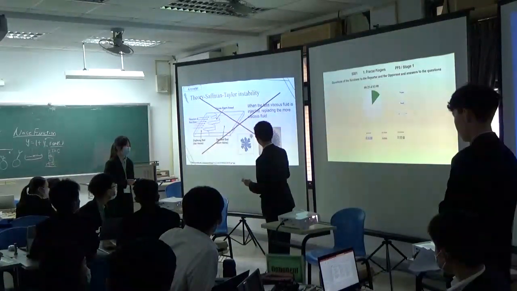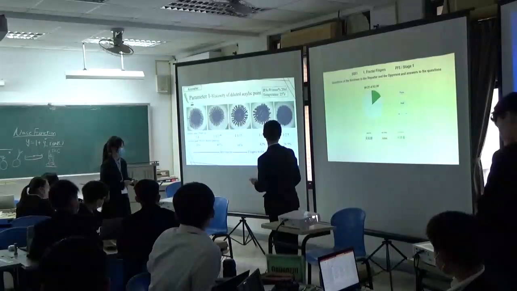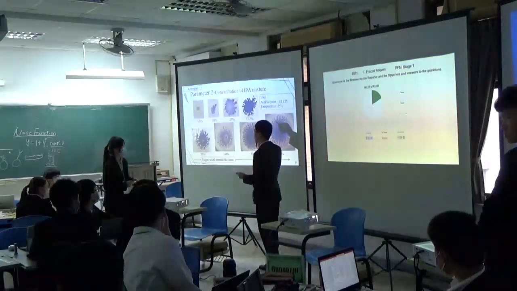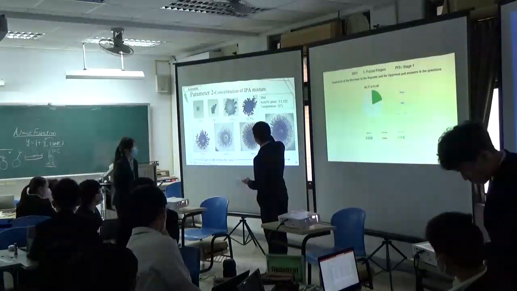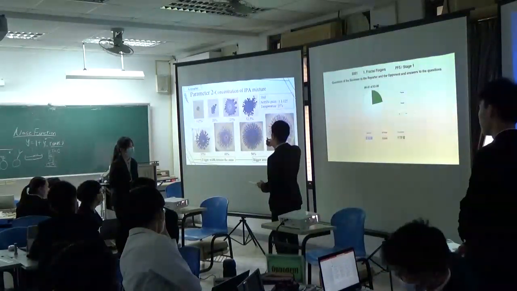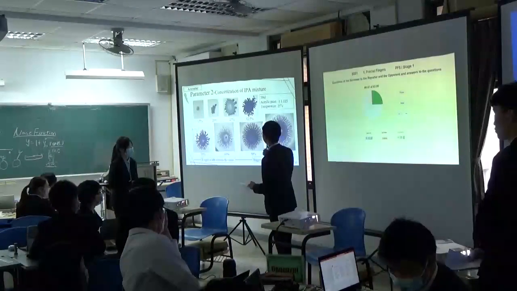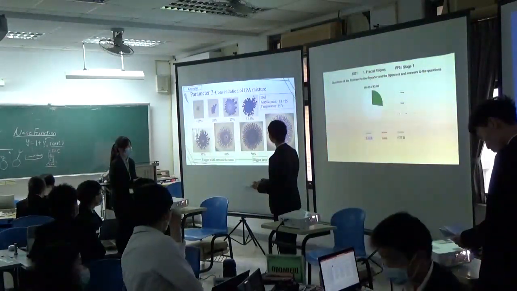Okay, so for page 21. How did you measure these kinds of fingers in your experiment? These fingers are randomly formed, but I cannot see how you measure them. For example, for the 32.5%, which finger are you taking to measure?